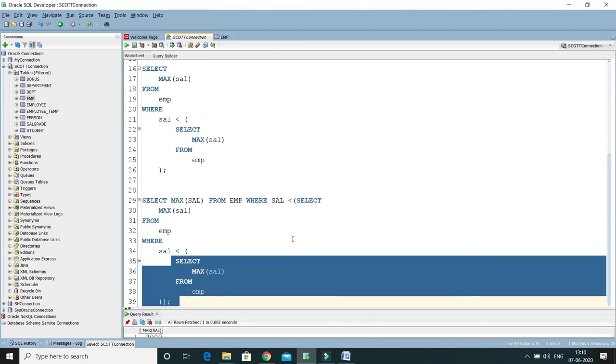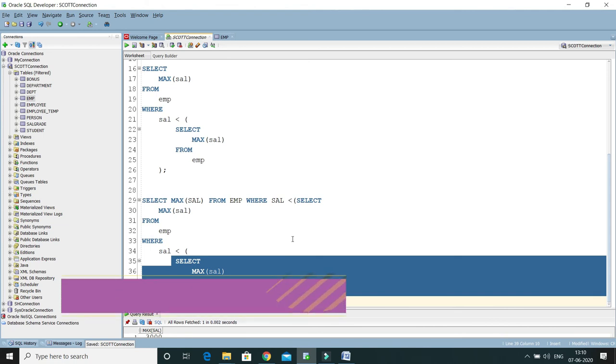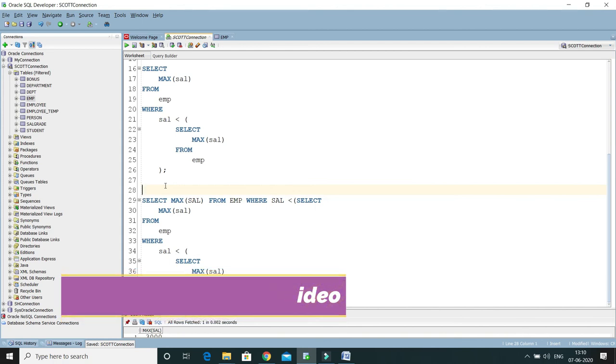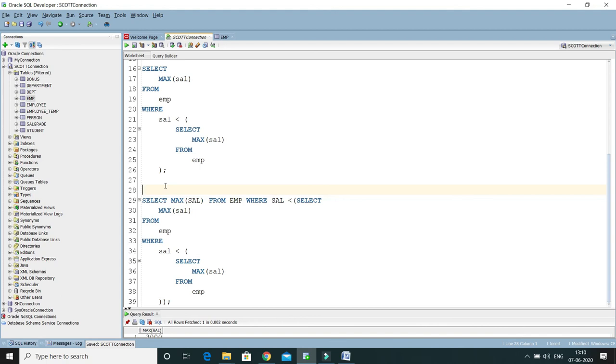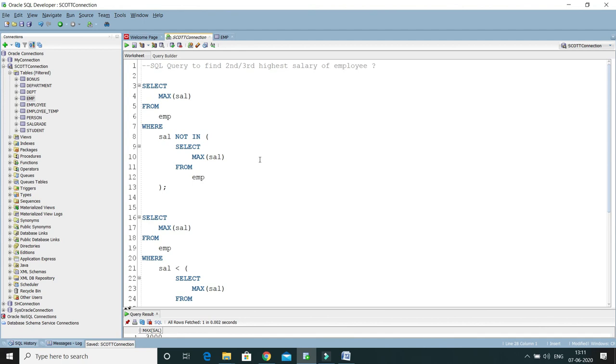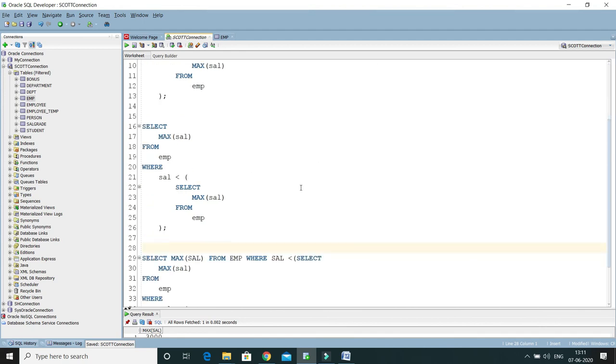Query inside the query. So in the next video tutorial, we'll learn how to write a generic SQL query to fetch the nth highest salary. When I say nth highest salary, that means that query should be generic enough to get the second highest salary, third highest salary, fourth highest salary, basically any nth highest salary we can get from that query, right? That should be generic and that will be executed on any database. Of course, this query is also valid not just for Oracle but other databases as well, right?